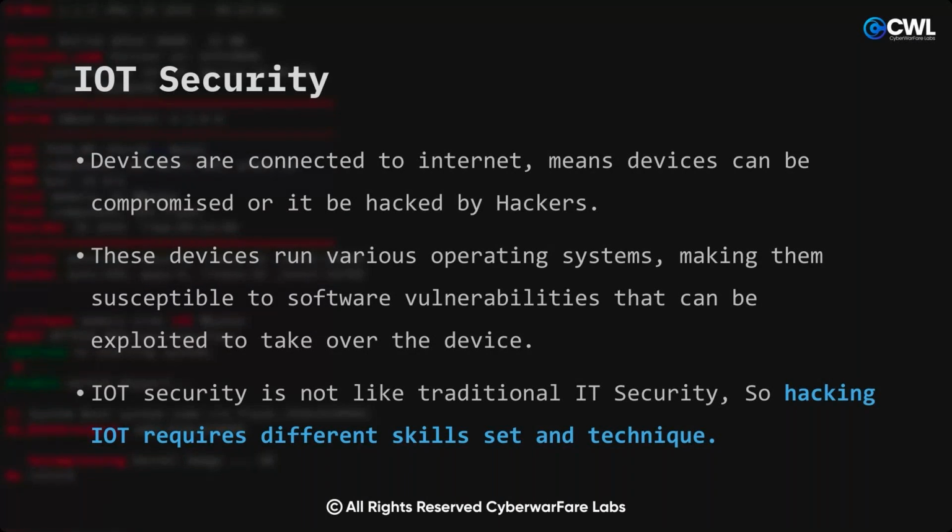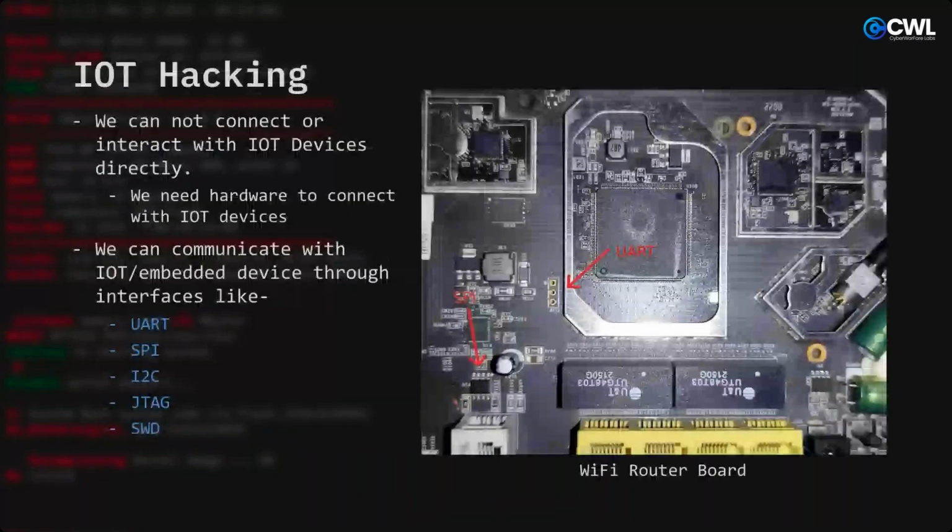So let's see how IoT hacking is different. In IoT hacking, we cannot connect or interact with the IoT devices directly. It is not like I open up Burp Suite and now I can see every request going on, or I open up IDA and I can completely disassemble the binary or something. So we actually need hardware to connect with the IoT devices. For example, if I have a Wi-Fi router and I want to test it for software vulnerabilities, or I want to see how things are going under the hood, we cannot just directly interact with it. We need some hardware